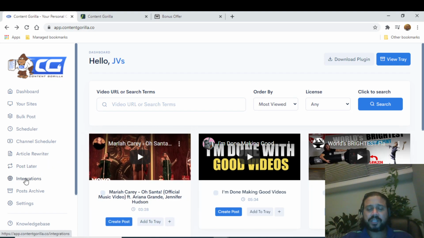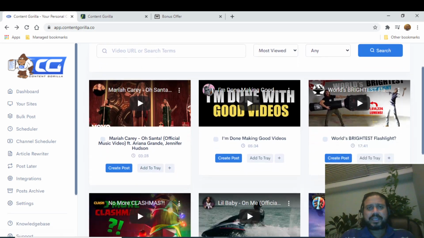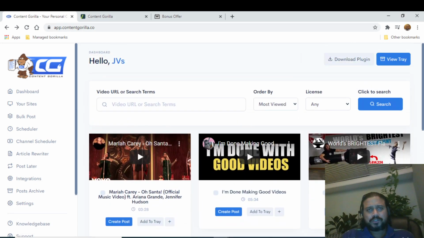Then it is where the integration happens. You can integrate with multiple other platforms. As I told, you can integrate with social media networks, however many networks you have. And if you want to do syndication, this is where you need to integrate certain websites, and that's how it is. So settings, nothing. This is a quick walkthrough or run-through of the product demo as such.